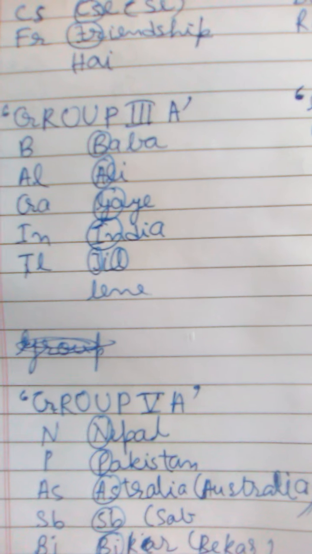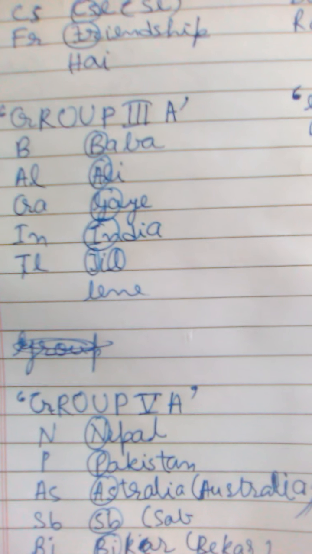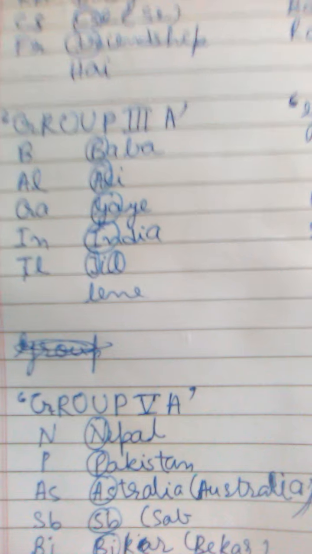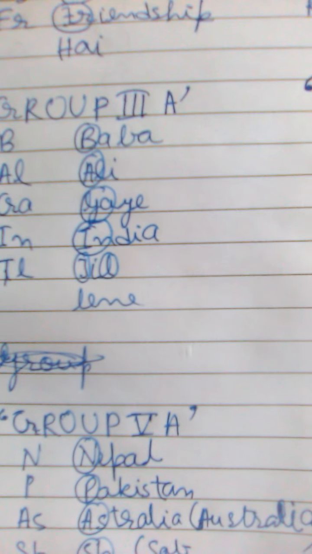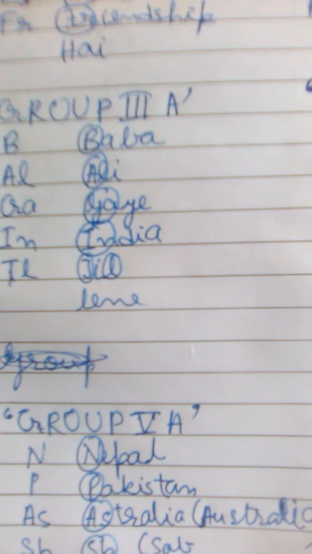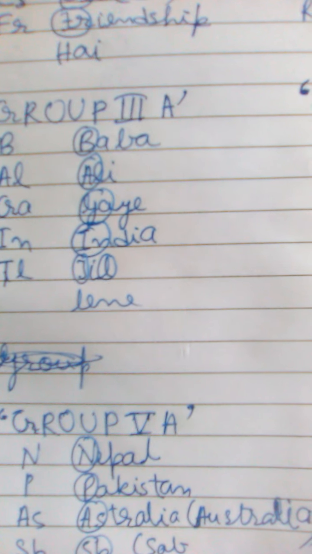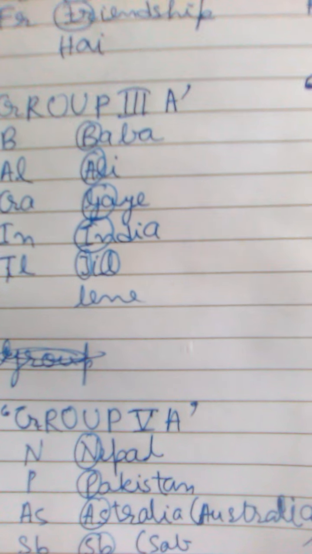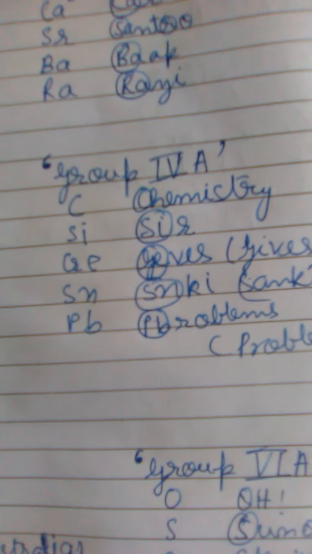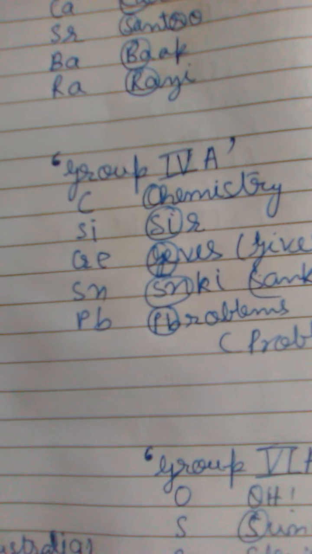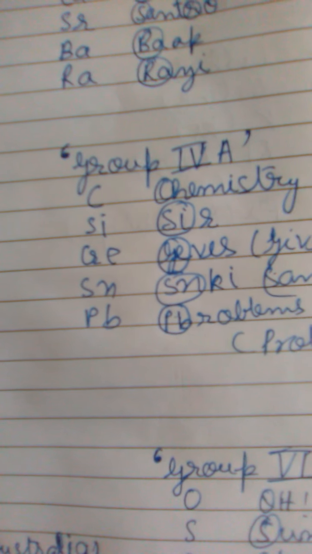Baba is so hilarious that it can be helpful to remember. So Baba, B is your boron, Ali, Al, aluminium, Gai is gallium, IN for India, you know it, indium, and TL is thallium. Now some group 4A elements, these are mostly non-metals, and the elements are carbon, silicon,